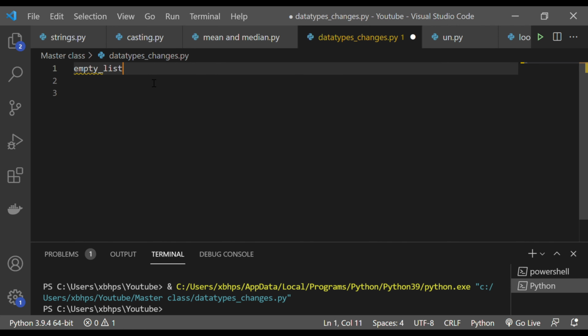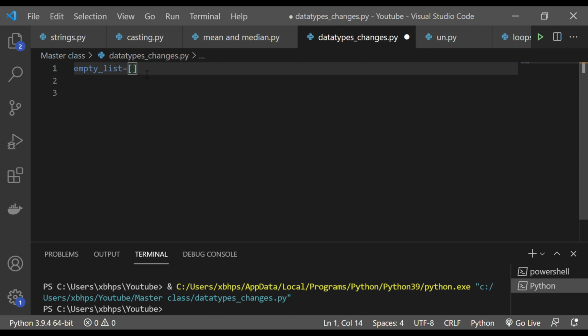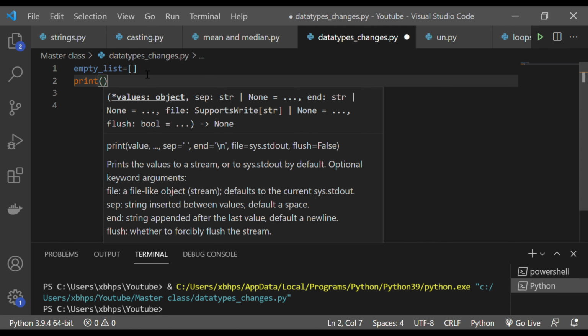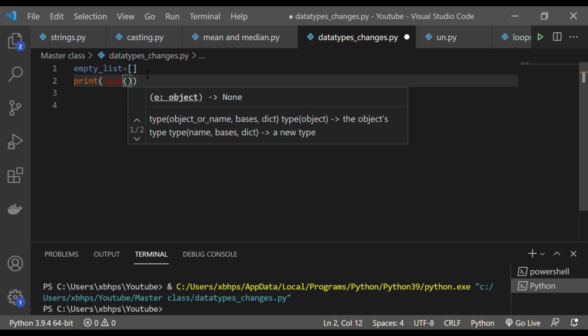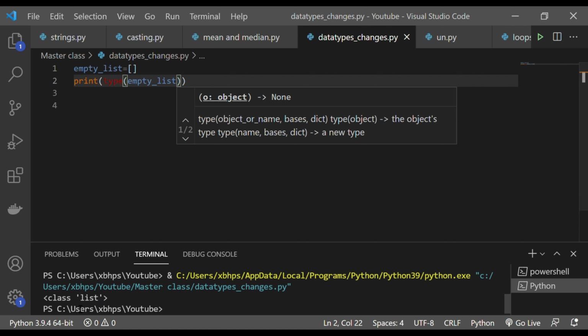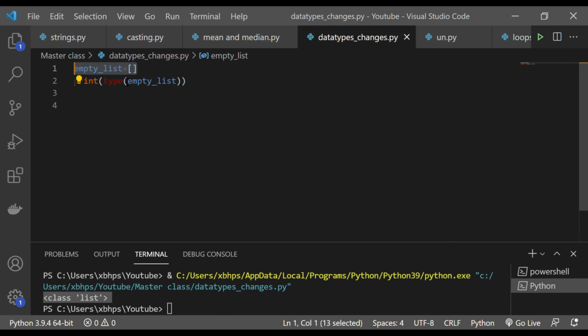equal to simply this. So nothing inside the list, and that is how you can create an empty list. If you want to see if it is actually a list or not, just use the type function and print the type of this empty list, and you'll see. Yeah, you can see here class list. So this is how very simply you can create an empty list, and then later you can add values to